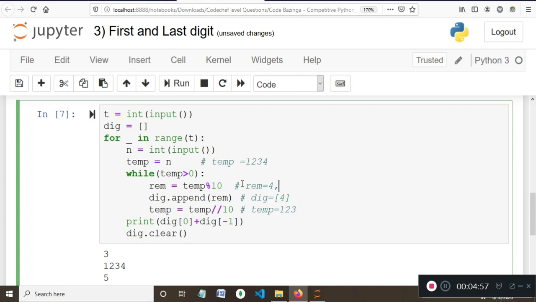In the next iteration, the value of remainder becomes 123 modulo 10, which is equal to 3. The digits list is appended by the next number, so 4 and 3, and the value becomes 123 integer division 10, which equals 12.